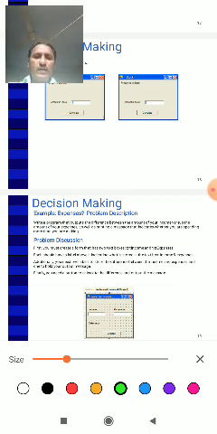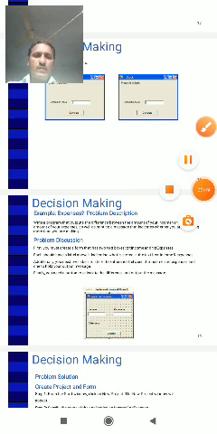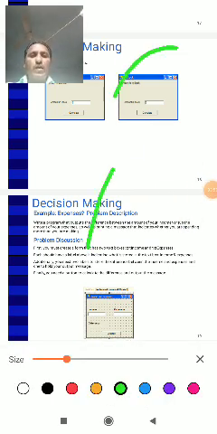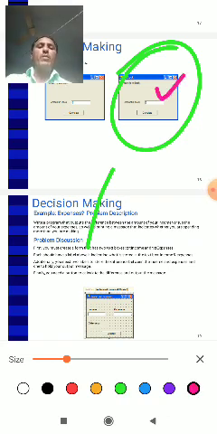So these are the given values. When we click here, the result is given in this particular box.